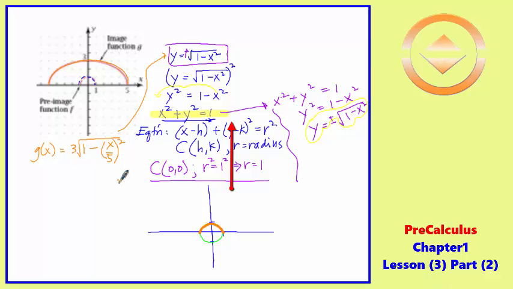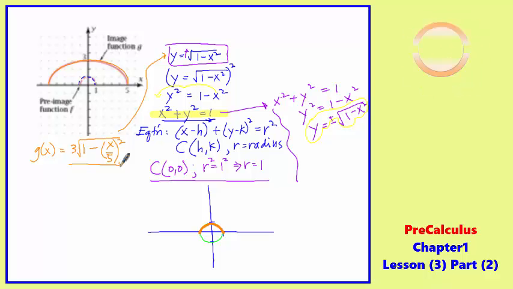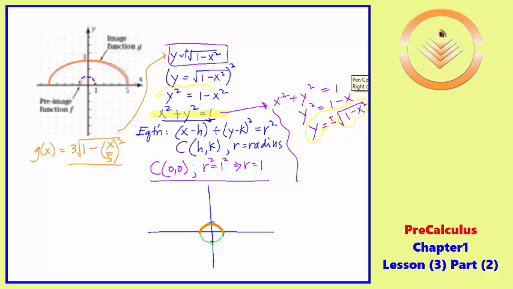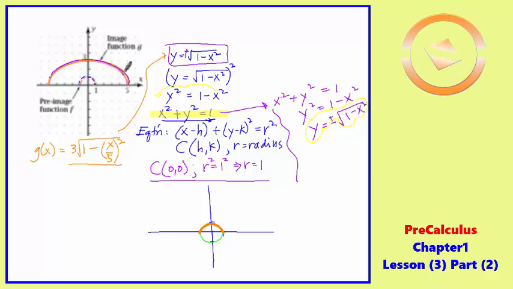Now we came up with this image function. Let's confirm algebraically if the graph of this function g of x is the same as what we see in this graph here. So let's put